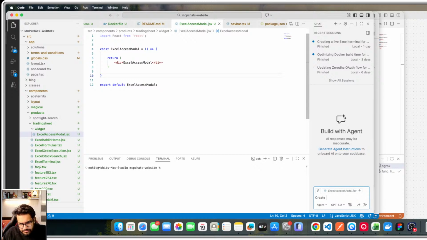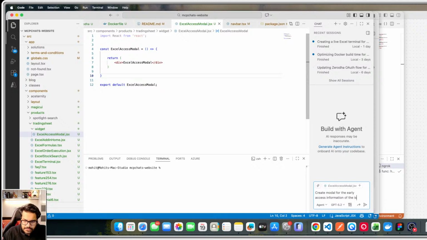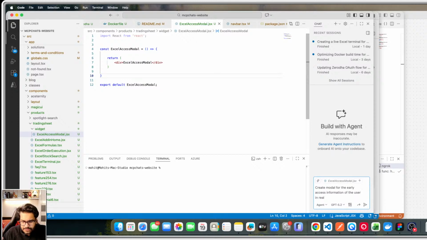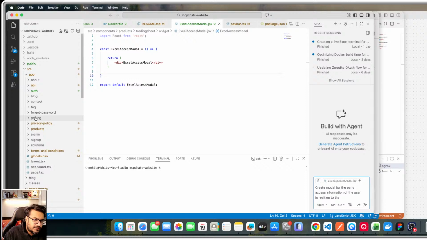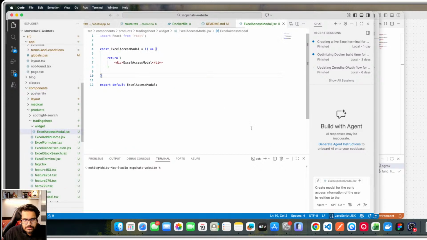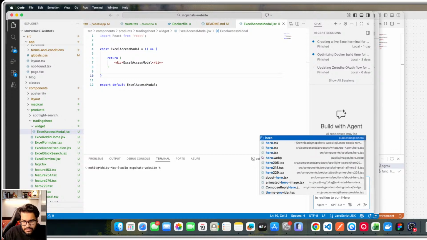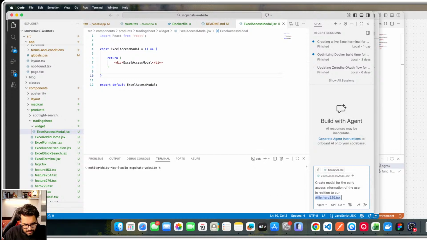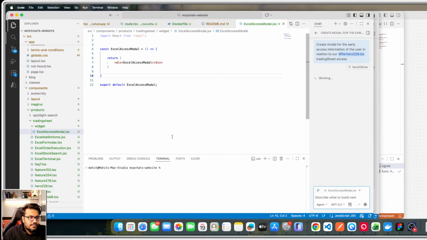Create a modal for the early access information of the user in relation to this products trading sheet, in relation to our hero 229 trading sheet access. So this will create the modal for us,